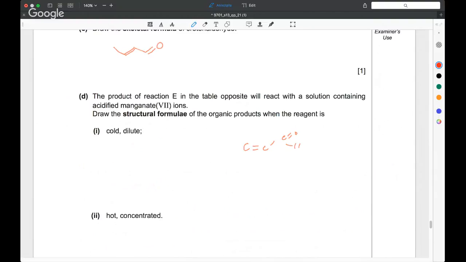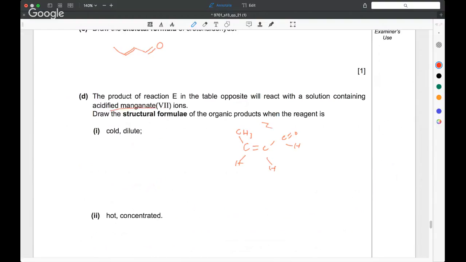There's the aldehyde group there. And, well, we'll draw this isomer. Remember, that's on the same side. So that's the Z isomer there. Now, when you have